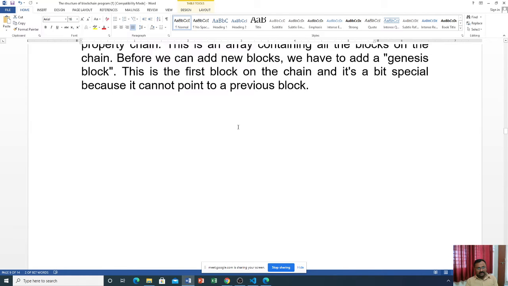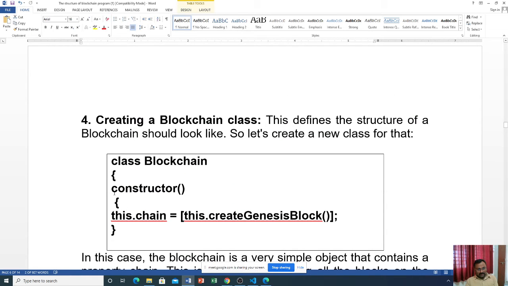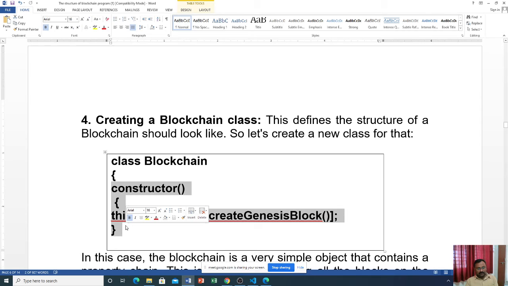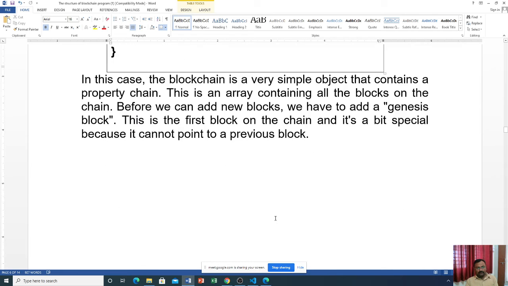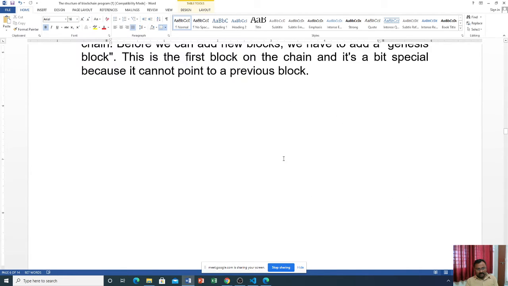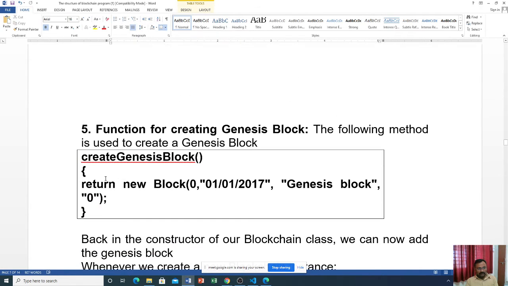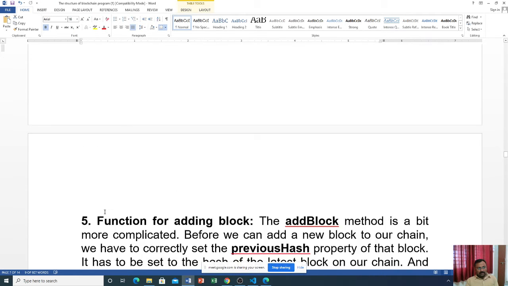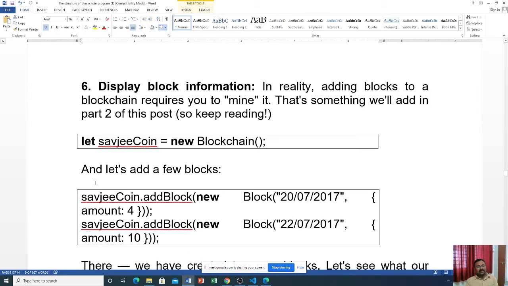In this constructor, this.chain = this.createGenesisBlock(). Here the first block is created using this line, which creates a genesis block.